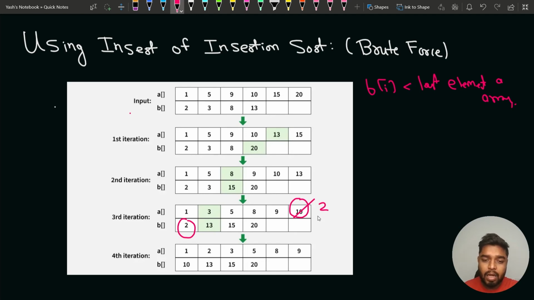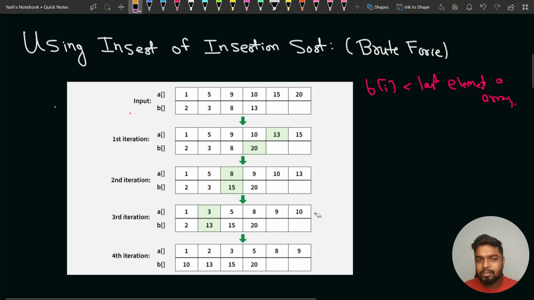Now after this, when you insert, the first array would look like 1 2 3 5 and 8, and the second array will be 10 13 15 and 20, and this was the expected answer from us. So you can see that after applying this approach,